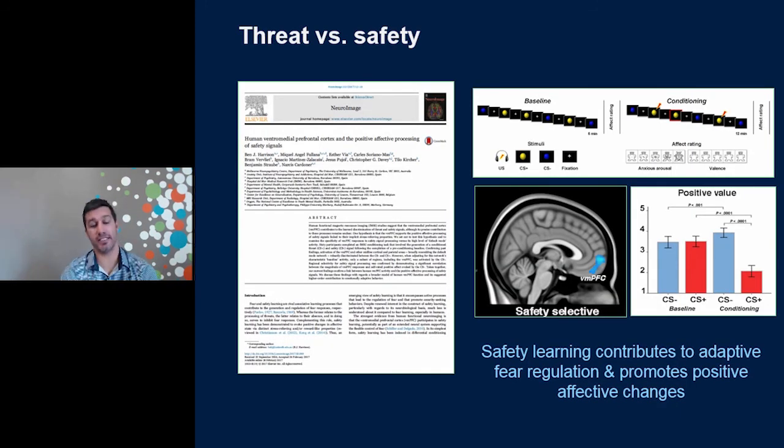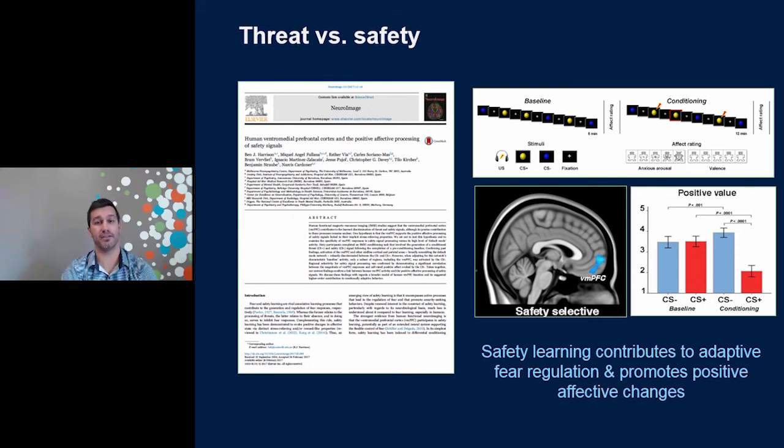So we've tried to dig into this a little bit more. We've just recently finished and published an experiment that tried to confirm these ideas in a bit more detail. We did confirm that this part of the brain, which would be located here on my model, the ventromedial prefrontal cortex, is very selectively responsive to the processing of safety. But we wanted to know a little bit more about what this means, because safety signals are really interesting. Not only do they reflect the absence of danger or threat, but they also have their own affective properties that are important. They promote rest and relaxation,